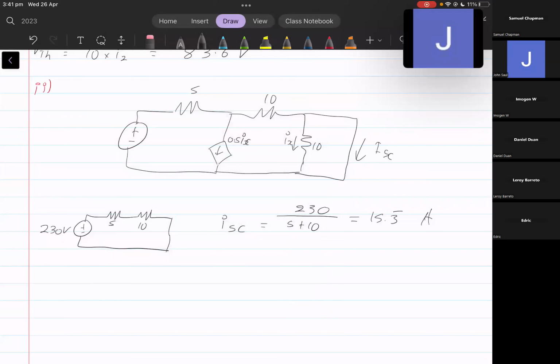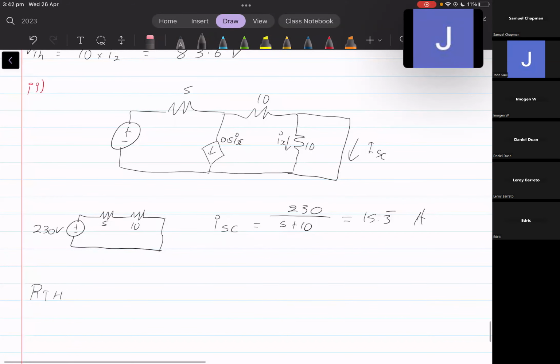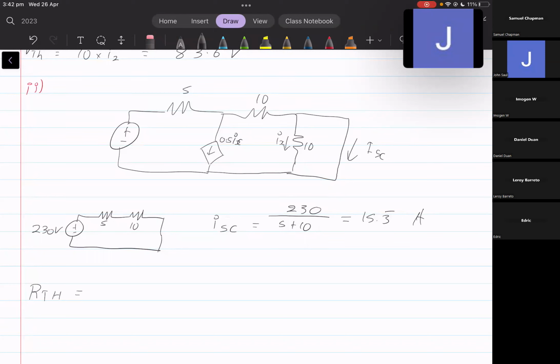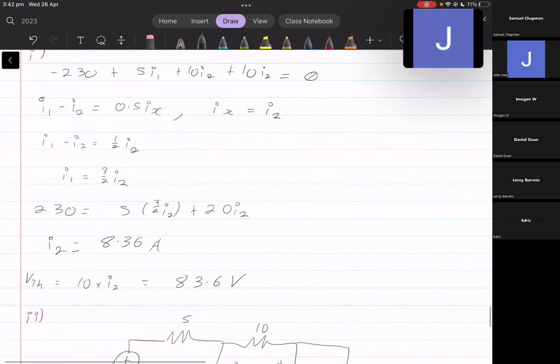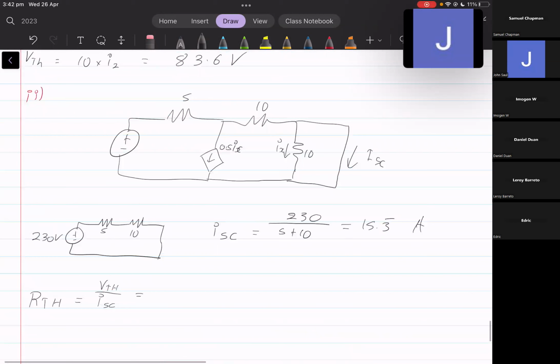So now we have that. What should R7 be? So that's going to be 83.6 on 15.3. That gives